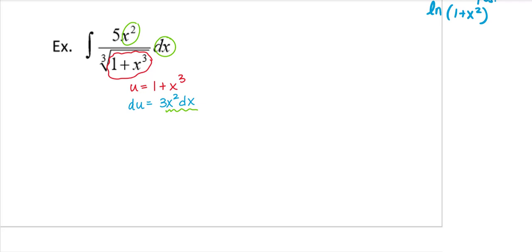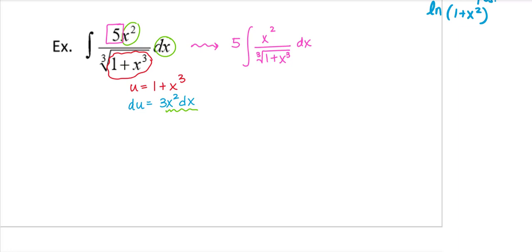So that 5 doesn't really match exactly. Now, let's not work too hard. This 5 is a constant coefficient of my whole integral. So I'm going to rewrite just for a second here and pull this 5 out in front of my whole integral. Now you could also write 1 plus x cubed to the 1/3 at this point, if that makes it easier for you. So I'm just going to remove the 5, put it out in front because it is a constant coefficient of the entire integral.